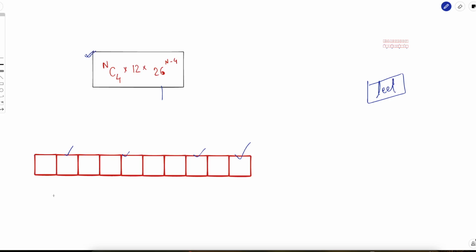So how many ways are there? You can say, okay, there are total n places where we can fill something. We have to select 4 out of those n places for this substring, and the remaining characters I can fill in any way. So n minus 4 characters, each of them has 26 different possible choices. Basically this character can be filled with anything between a and z, right? Similarly you can fill anything between a and z here, here, and so on. So the remaining can be filled in this many ways,